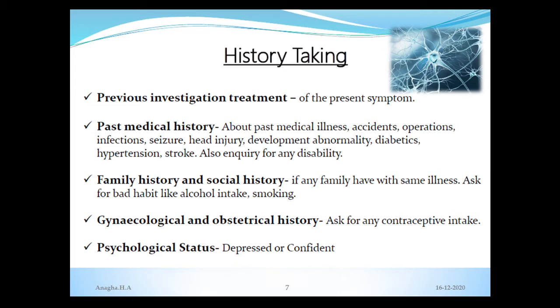And the occupation also plays a major role in various neurological disorders such as carpal tunnel syndrome and peripheral neuropathy. So with this background, I would like to say that history taking plays a very important role in the neurological examination. So please give due importance to the history taking part. Don't just go with the normal flow of how we take the history, but give some importance to handedness, drug history and occupational history in detail.